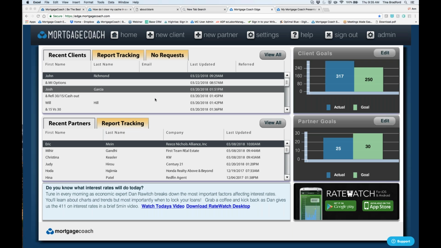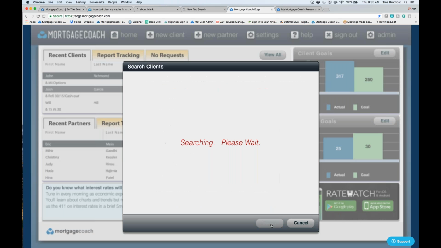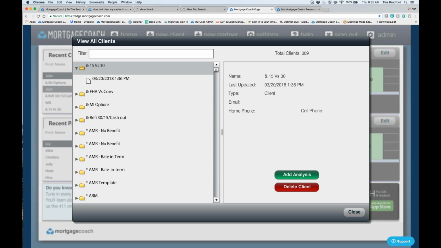So here's my master template. I'm going to go into my view all. And on the master template class the other day, I used the and symbol for any of those master templates. What a master template is, is a presentation that is 100% complete. The only thing it is missing is personal information about my borrower. So it does not have my borrower's name, it does not have the loan amount, and it doesn't have the interest rate. That is the only information that's not in there.